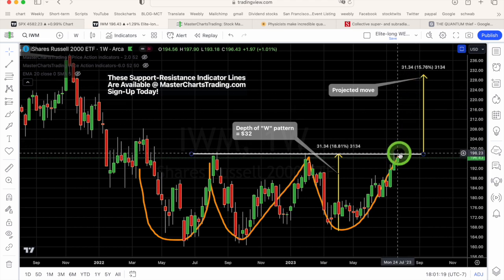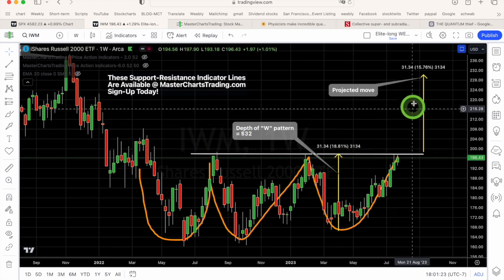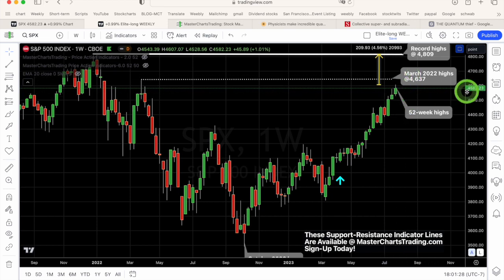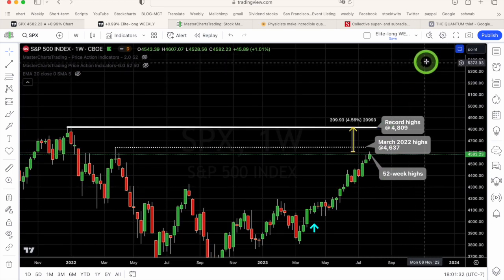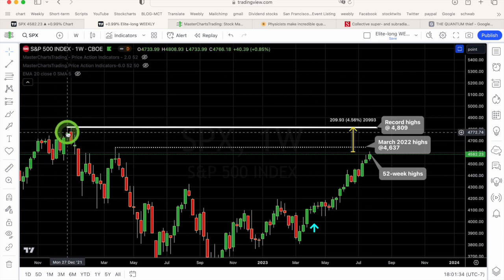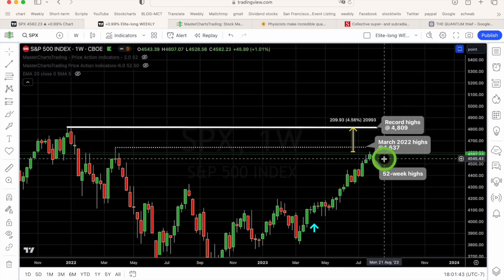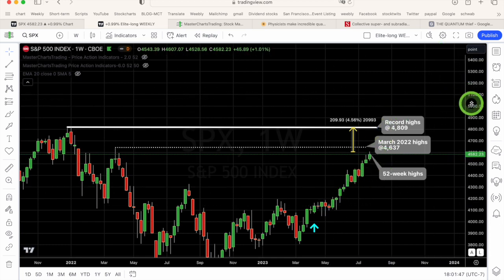Of course, if small caps are going to do a move of that magnitude, most likely by then the S&P 500 would already be at records somewhere, above the previous December 2021 or January 2022 highs where I'm hovering. Most likely they will be significantly higher. Will it happen in a linear fashion? It's possible, but I mean, there